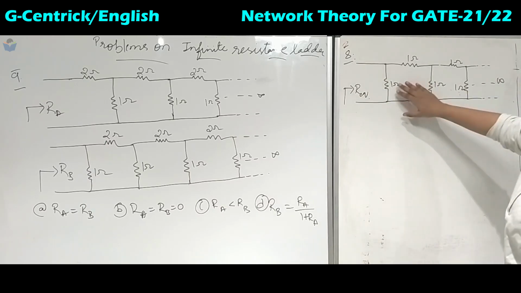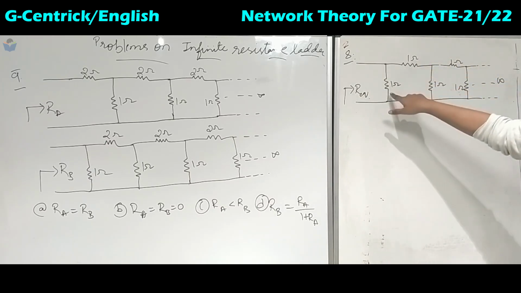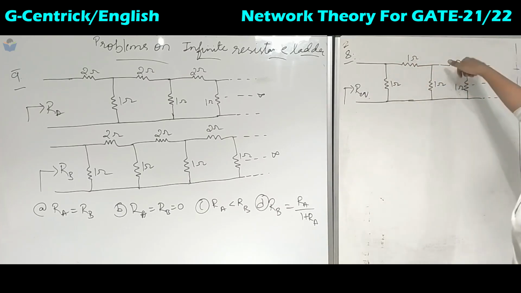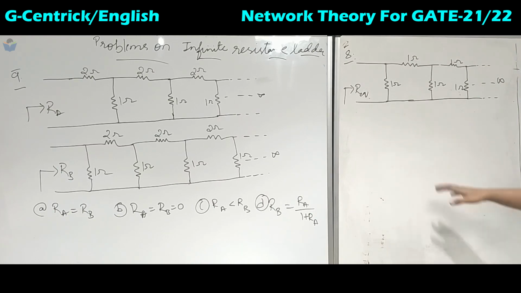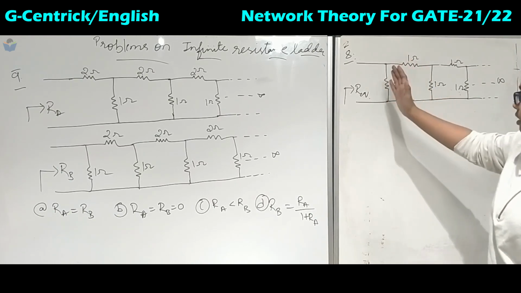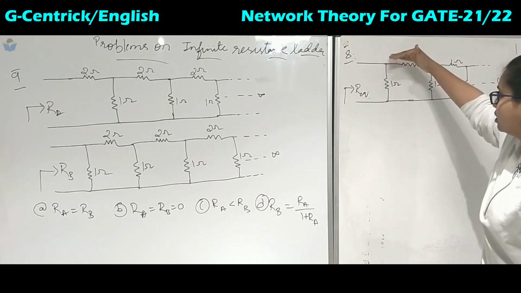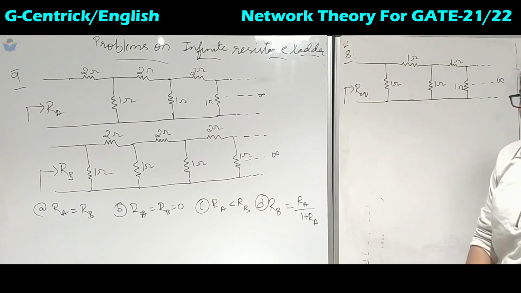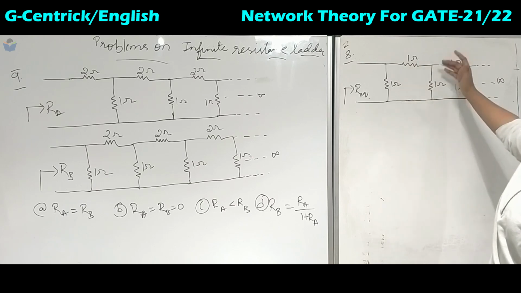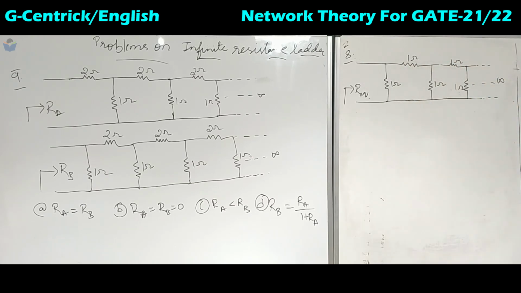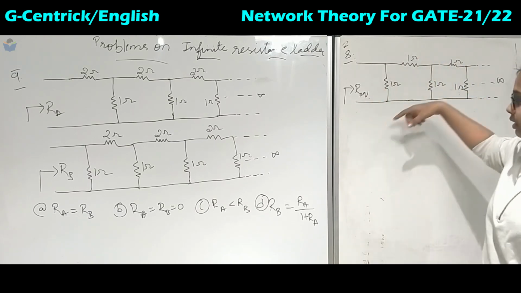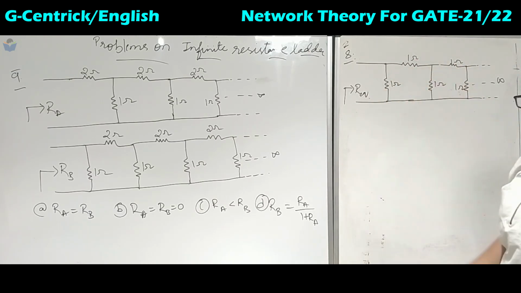Now if you see these 1 ohm resistors, they are connected in shunt and series, shunt and series, and this pattern continues. So now you have seen the symmetry. If it is shunt and series here, again this pattern repeats here also, that is shunt and series. This is 1 ohm, this is 1 ohm, this is also 1 ohm, the resistance values are also the same. If they were different, then you couldn't have calculated the R equivalent, that would be a different method.